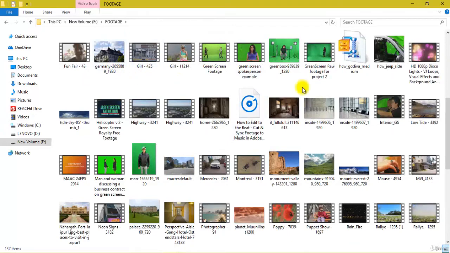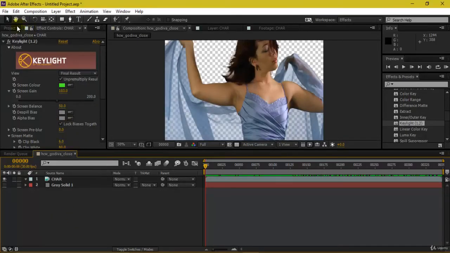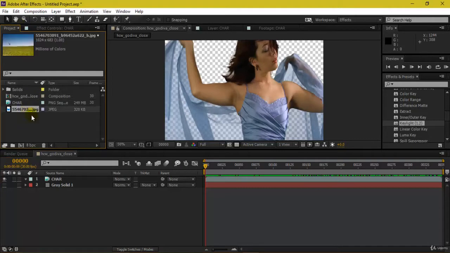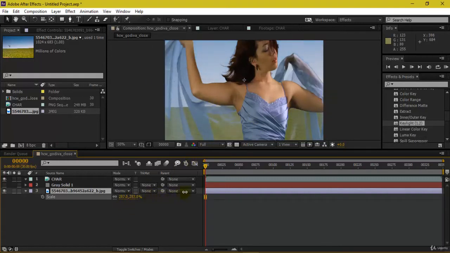Not getting an exact background what I want, but from the ones what I have in my random gallery, I can just place that over here. Just scaling this up a bit might help.